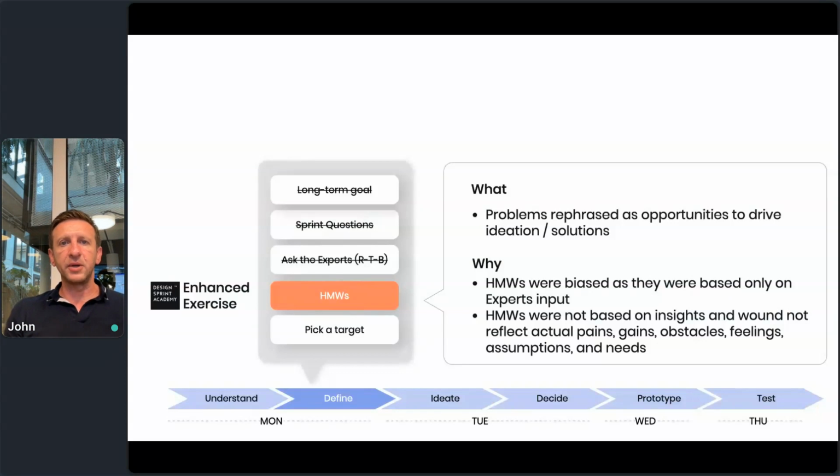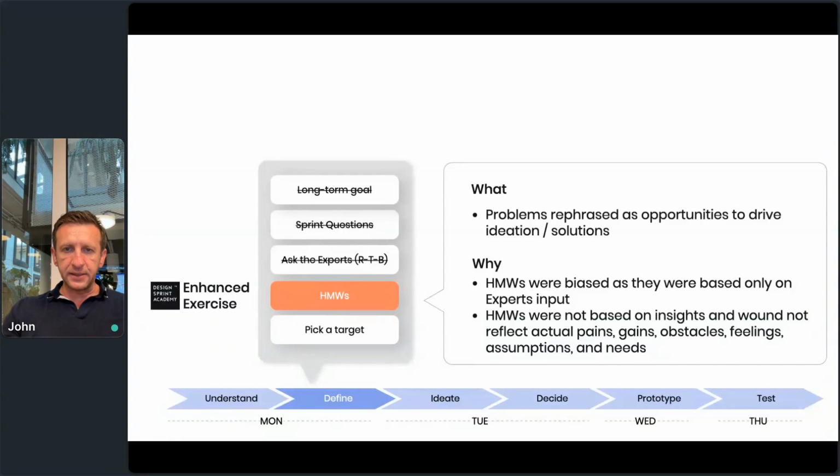So whenever they heard a problem, they would rephrase it as an opportunity using this technique. Now, the problem with that is that all of the how might we's looked the same, and also you have a skewed and biased perspective, because you're only using the team's or the experts' point of view for these how might we's. We made it a standalone exercise,